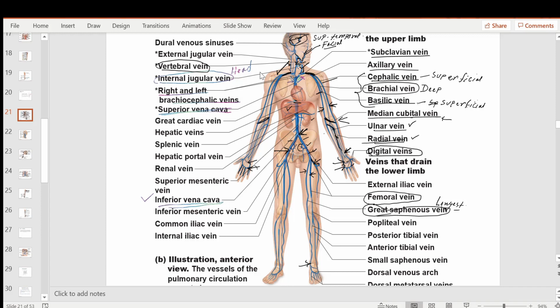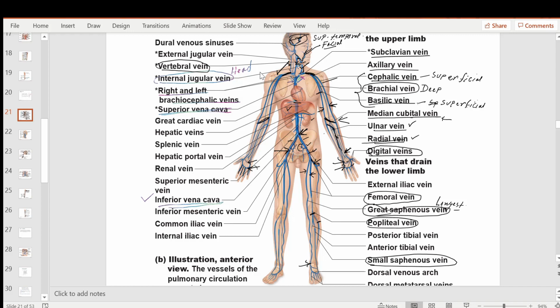Now the femoral vein goes to the knee, and behind the knee its name becomes popliteal vein, because that area is called the popliteal area. And from the popliteal vein we get the small saphenous vein, another superficial vein. You see here, this is the small saphenous. The popliteal divides into anterior tibial and posterior tibial, and from the posterior tibial we get the